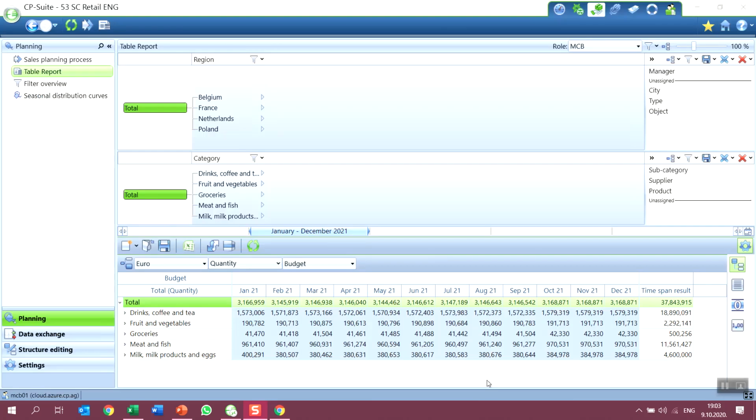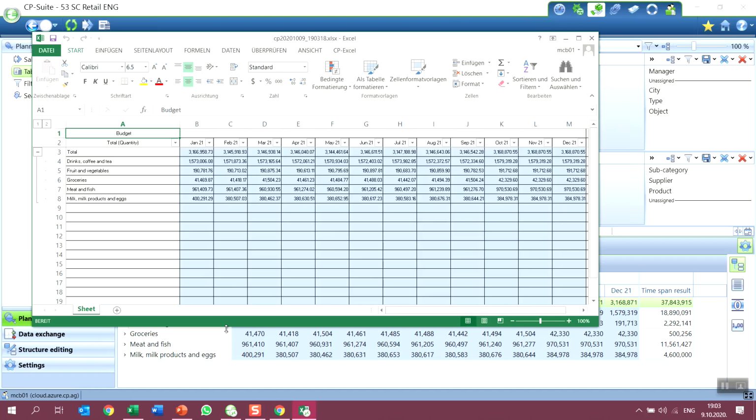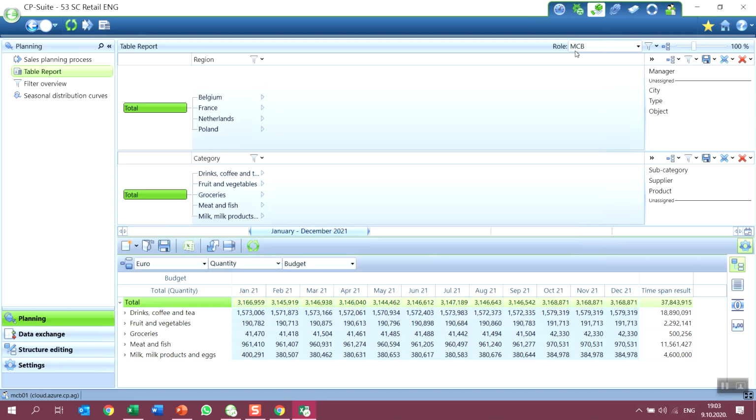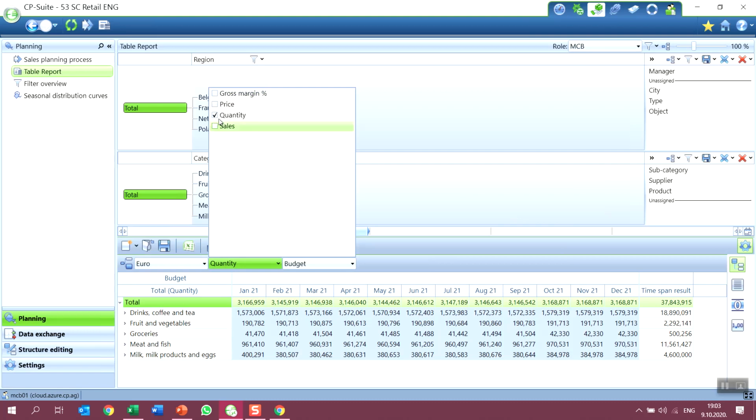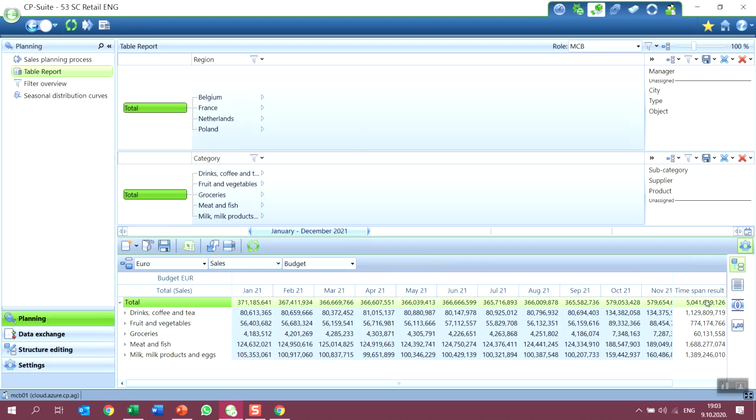Also, me as a controller can export the table that I have here in CP to Excel, and then I can use this table for further analysis and further reporting. After I have created a sales plan in CP in the sales module, then I can export all the figures that I have for the whole sales, and I will export this total figure